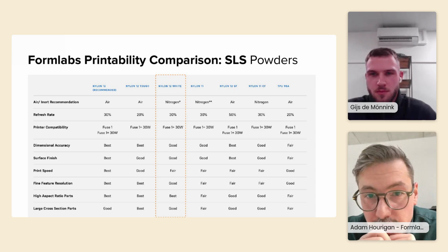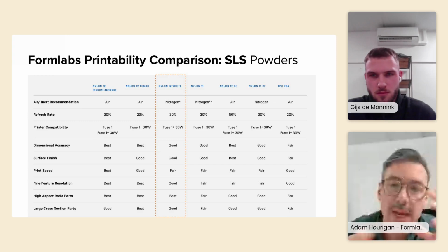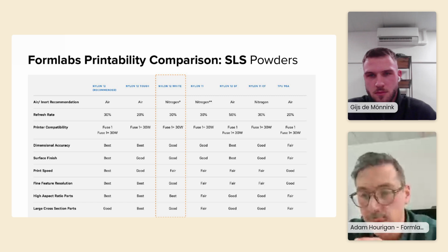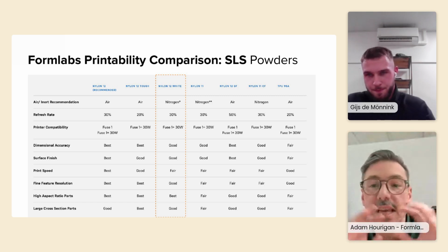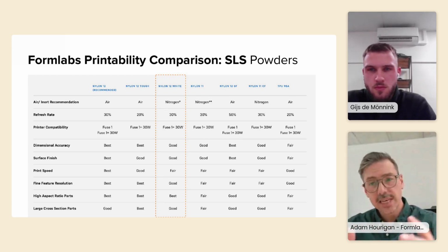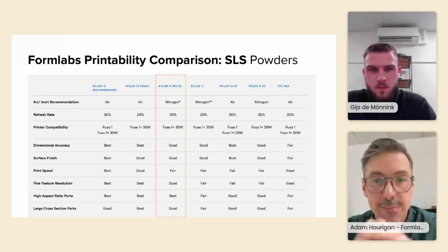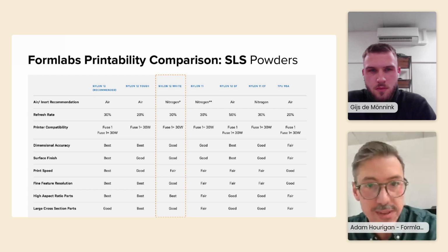So this helps designers and engineers and people that are needing to print parts to understand what kind of parts and what expectation I can get from printing those kind of parts. So it's also going to give you an idea like what you may need to use in your setup in order to make that powder work. So as I mentioned before, in SLS, we're using a lot of heat, and how well that powder survives that process of thousands of layers is what we call printability,